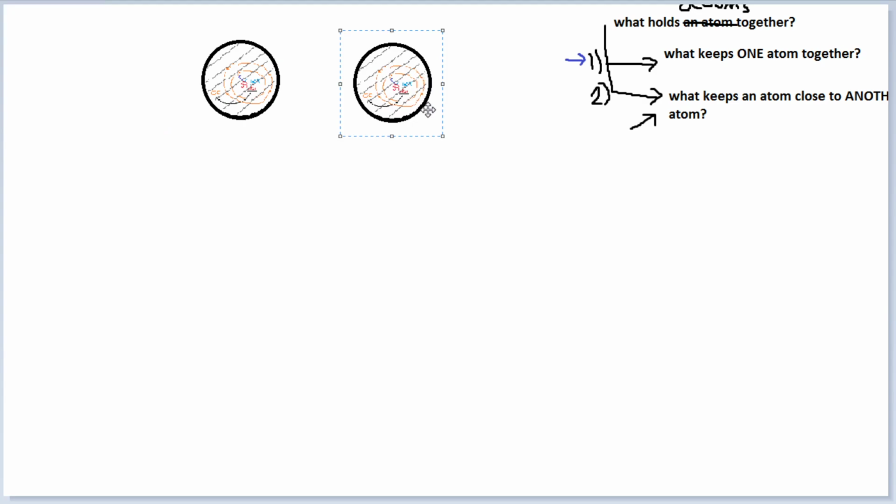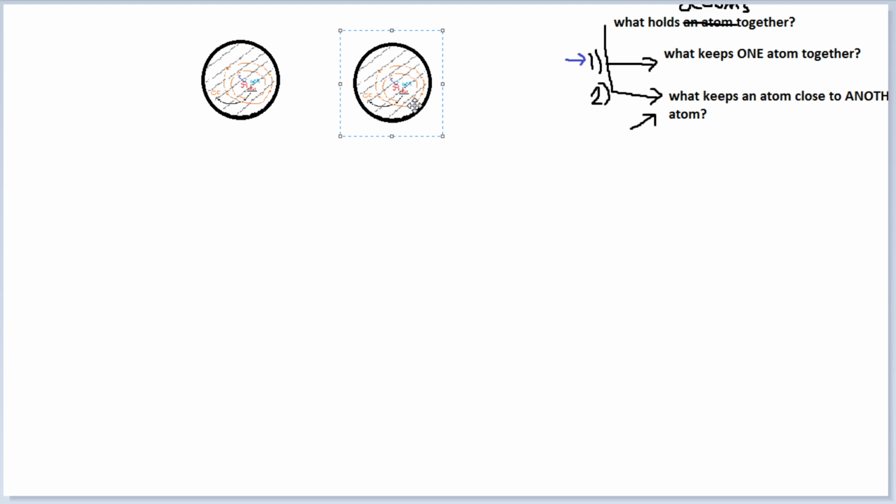Here's another one. Identical. These atoms are different. They're not the same atom, but they look the same. They are identical in appearance. These may both represent helium atoms, or they might both represent hydrogen atoms. Whatever type of atom this one is, this atom is the same type. And they might be different. In general, you might have a sodium atom here and a carbon atom here. There's no reason why two different atoms need to have the same picture inside. They're only going to have the same picture inside if they are the same type of atom.